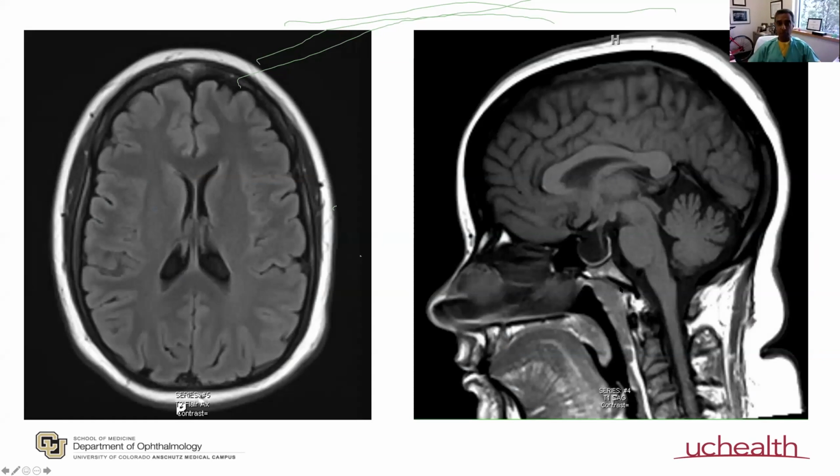And on sagittal image, we may best appreciate the presence of an empty sella turcica that is a characteristic finding in patients with chronically elevated intracranial pressure. And the arrow helpfully points that out to us here. What the size of the empty sella turcica tells me, this is not really there in the literature, and I don't know that we will ever publish anything systematically on this because we have no way of knowing, but I really feel that this is a sign of chronicity of the ICP elevation because it takes time for the sella to remodel, for this space within it to become so large as it is shown here,